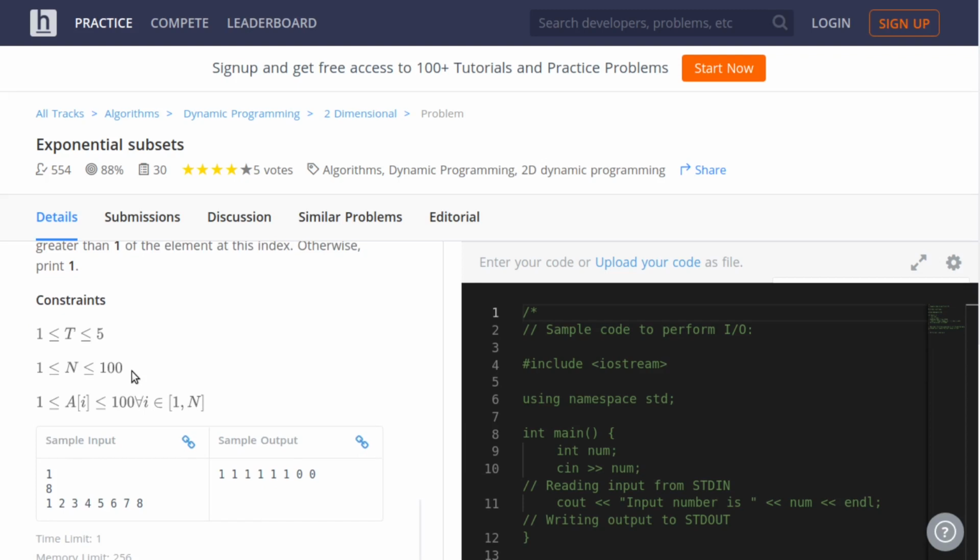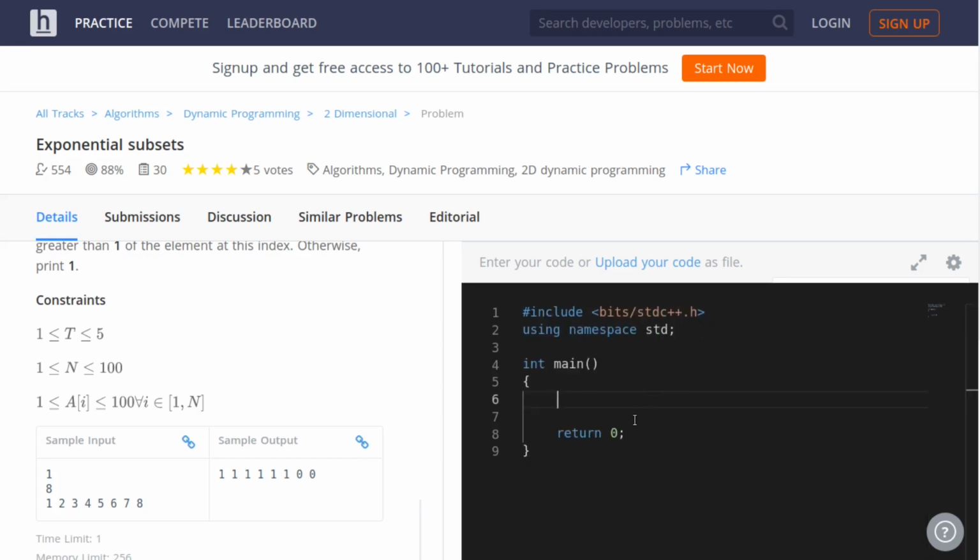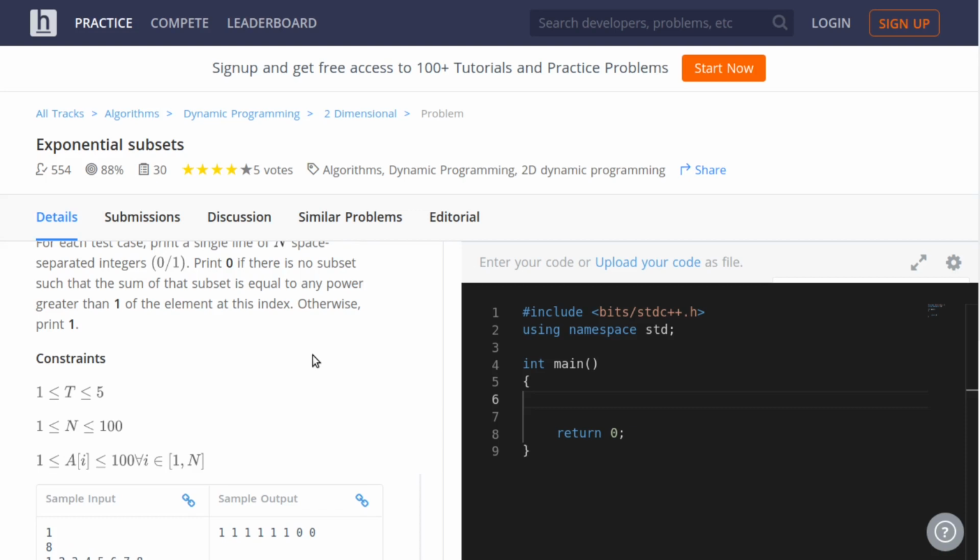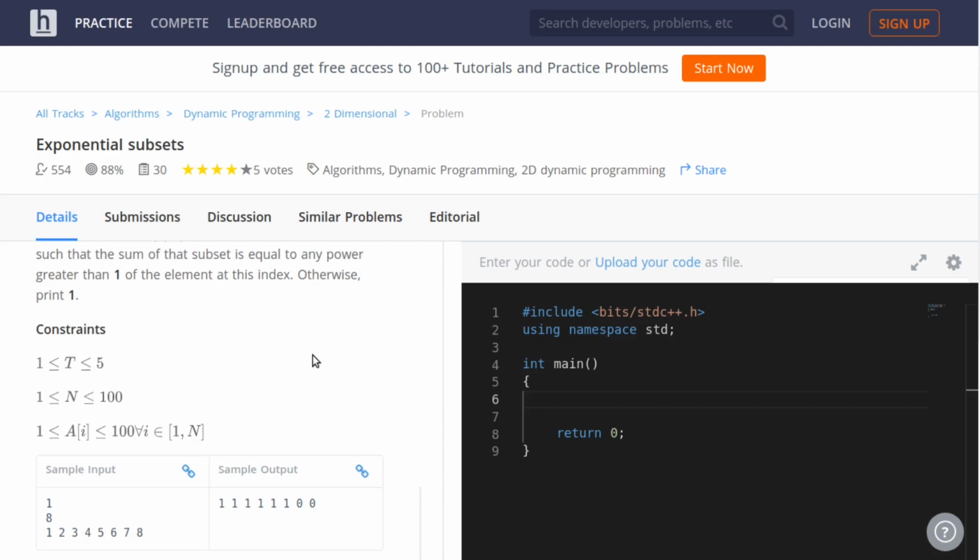So I would recommend you to try it on your own first, pause the video and try it. And if you are stuck, I will give you a small hint. The hint is that if you solved the previous problem, you can find one similarity here: subsets of any set. Subset means that the ordering doesn't matter. Like you write a subset 1, 2, 3, you write a subset 3, 2, 1, it is the same because the order doesn't matter. We are not talking about permutations here, we are just talking about combinations. So here also we need to keep track of only the combinations.